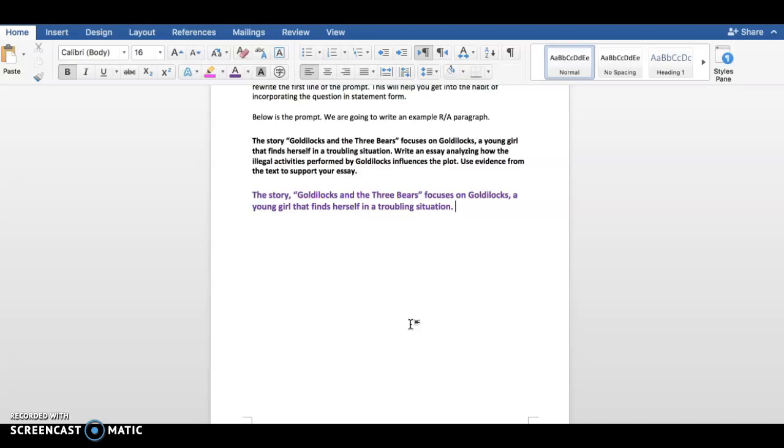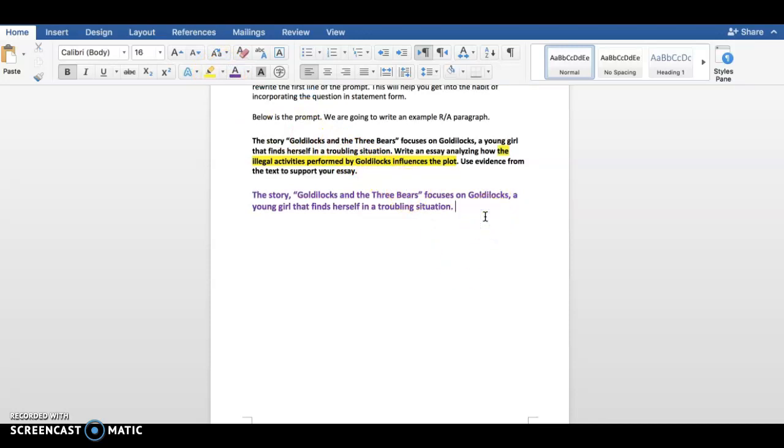We're going to analyze how the illegal activities performed by Goldilocks influences the plot, moves it forward. So we're going to turn that into kind of a statement that incorporates our answer. So we're going to look for our how, our question part of it, right? And then we're going to start from where we can make it into a statement that we can add our answer to.